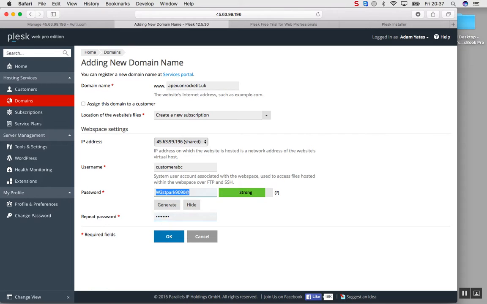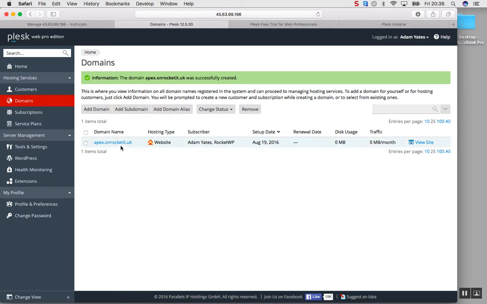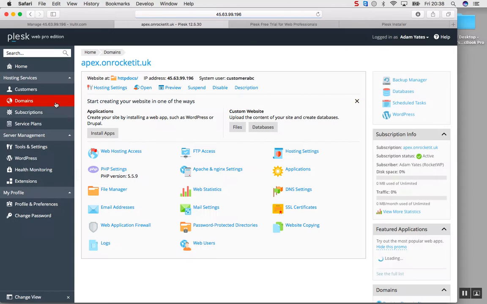I'm just whacking one in, as you can see, for ease. Let's just click OK. That's making the necessary adjustments. And there we are. We are ready with